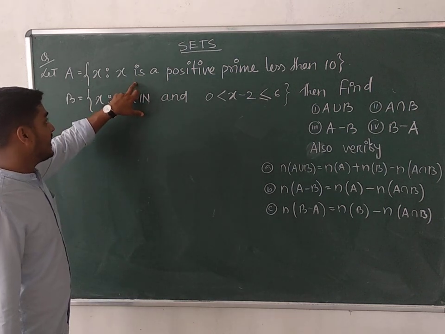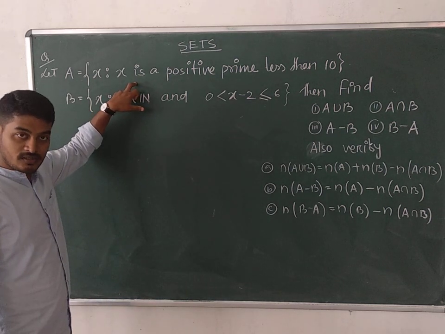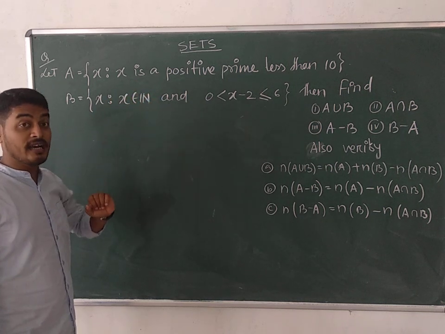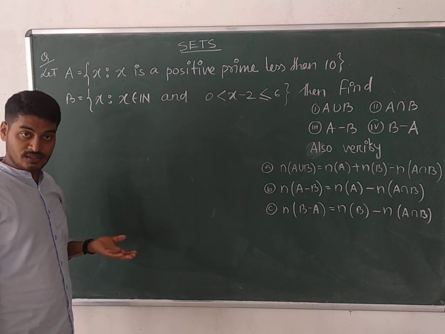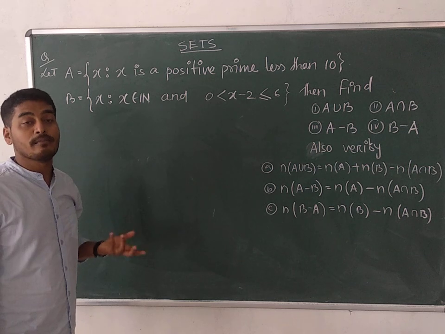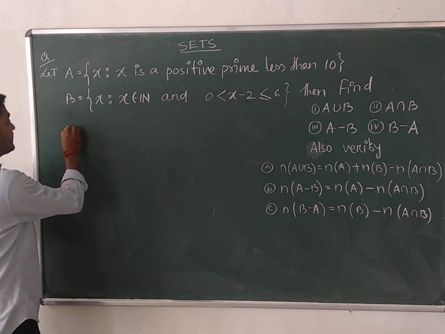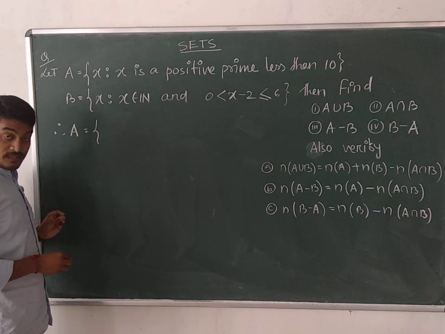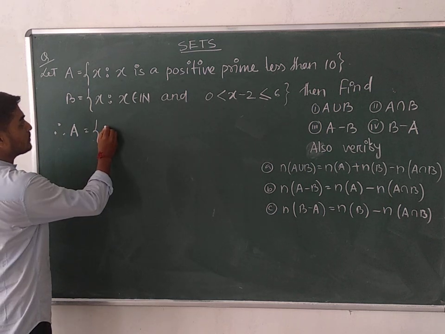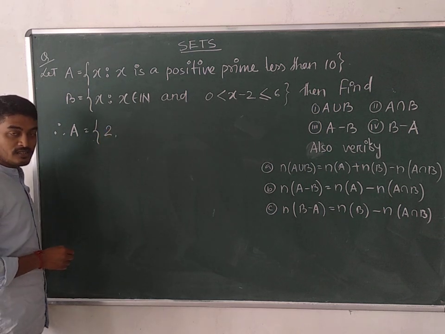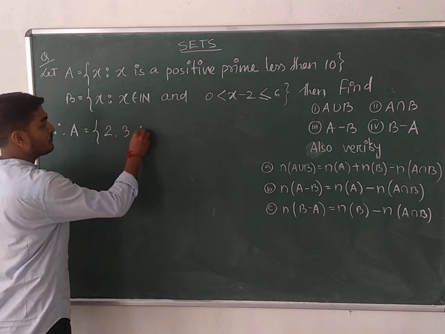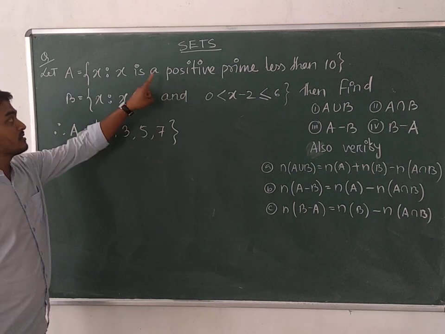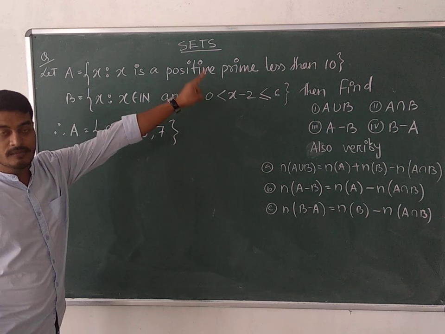That means in this set A, it will contain all those elements which are positive first of all, and they should be prime numbers and less than 10. You are not supposed to consider 9. 9 is less than 10, no doubt, and 9 is a positive quantity, it's okay. But 9 is not a prime number. So the set A will contain all those positive prime numbers which are less than 10. That means you can think about the smallest prime number. It is positive as well as less than 10: 2, 3, 5 and 7. These are elements of the set A which satisfy all the three conditions: positive, prime number, and less than 10.